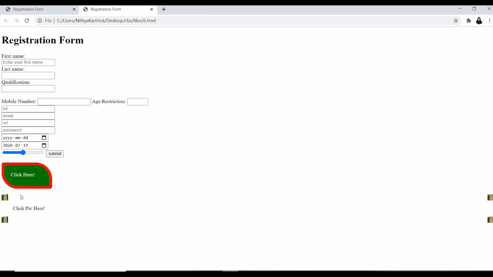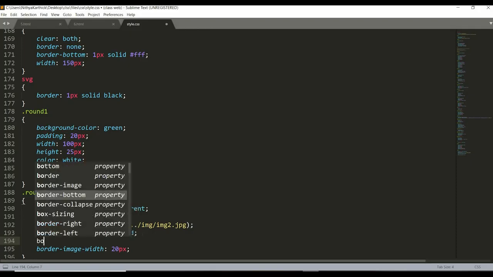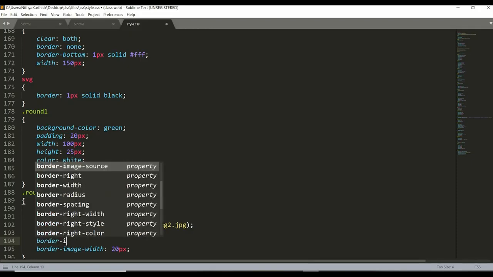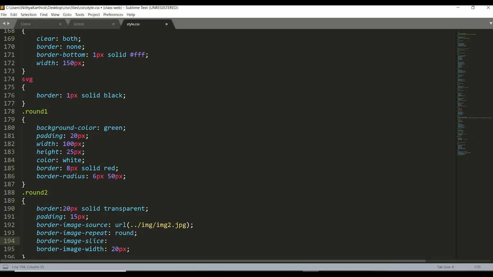This image has been repeated like this. Let it be. Okay, padding, main source. Yes, we can add border image slice, right? Let it be 30.